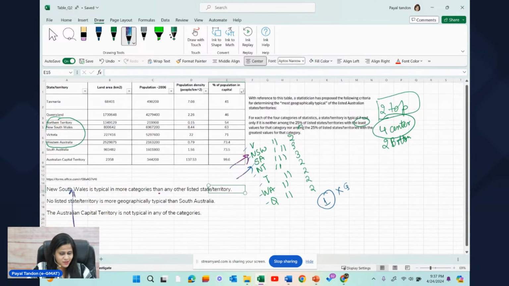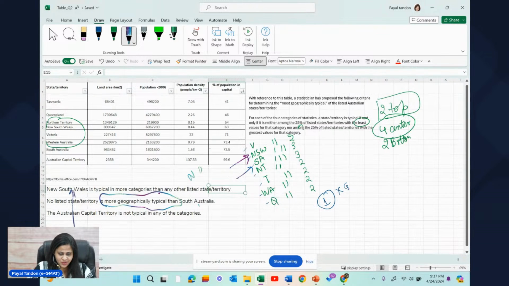South Australia is also 3, which means that the answer for this is no. Is typical in more categories than any other listed state? No, it's not, because South Australia is also typical in the same number of categories, which means the answer to that is no. No listed state or territory is more geographically typical